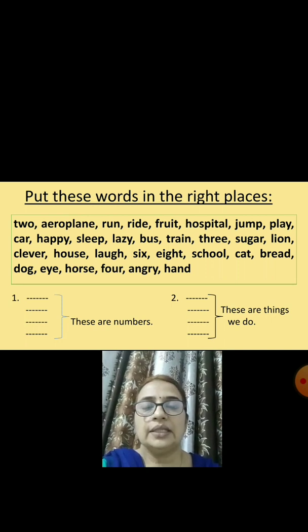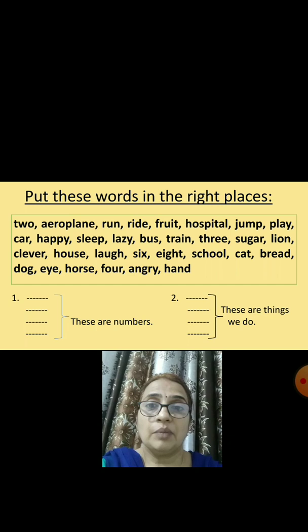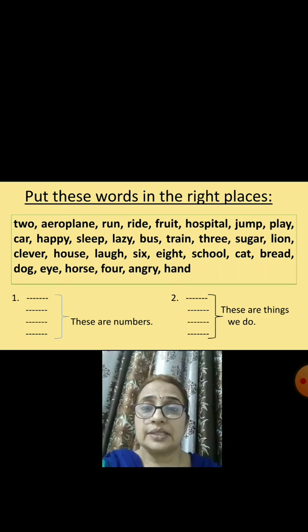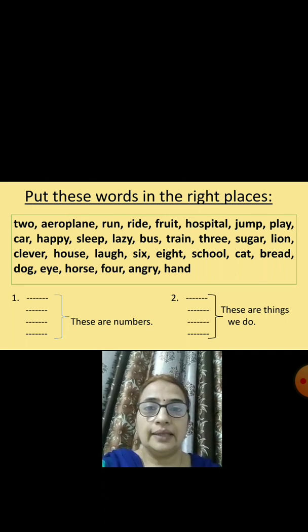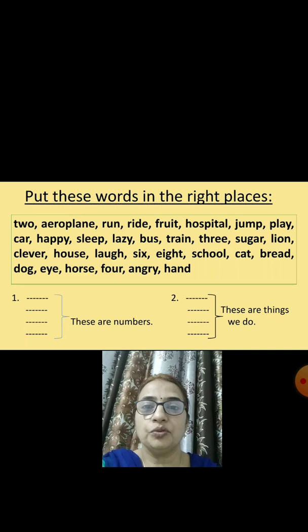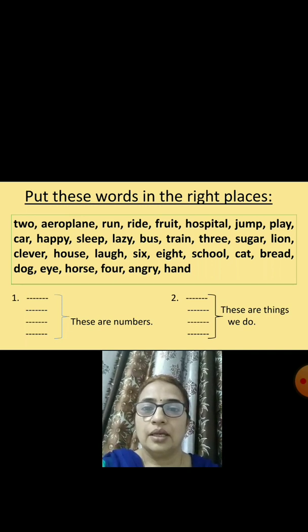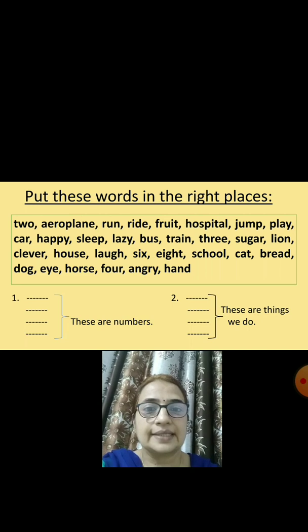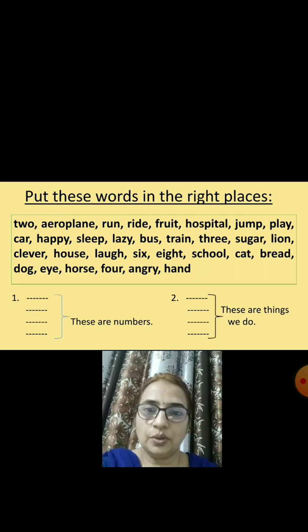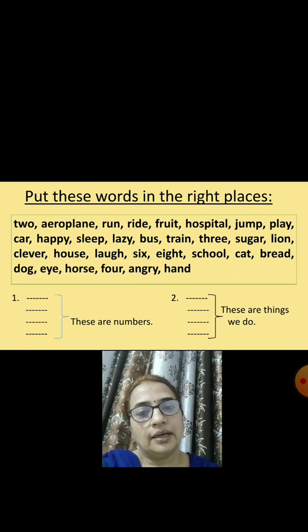Fine. So which are the number names given? Come on, search for it. In the first line, yes, two. Is there another number name in the first line? No. Move to the second line, fast, quick. Is there any number name in the second line? No. Third line, fast. Yes, I got it. Six, eight. And in the last line, four. So two, six, eight and four. These words we have to write in the space given below in front of number 1.